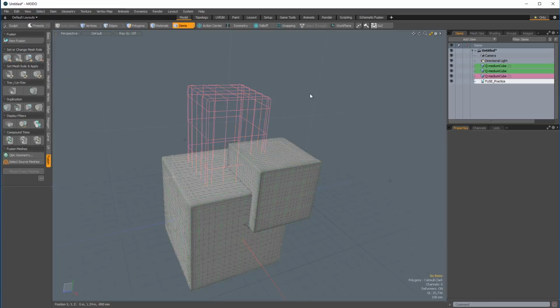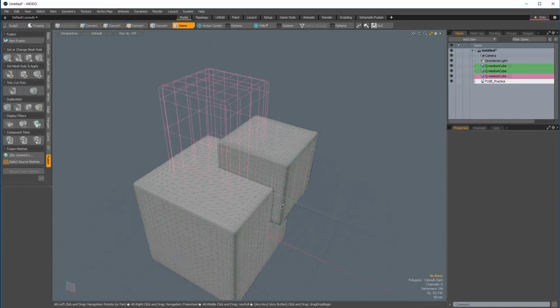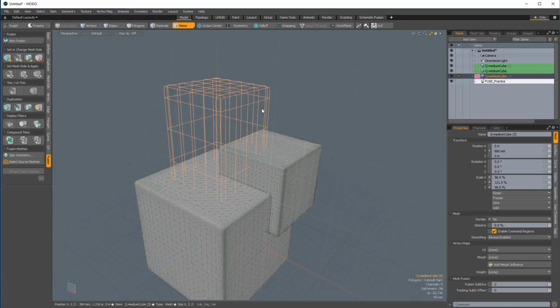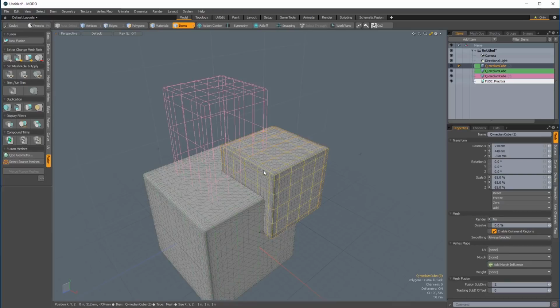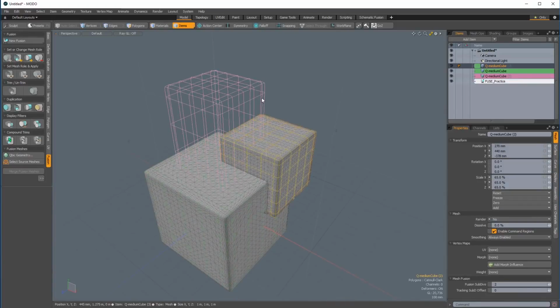So when I click that, you'll notice two things. One, in the item list, the third cube is now highlighted in magenta, and the wireframe in the viewport is set to magenta. So magenta is the color coding for trim subtractive. Now, even though this mesh item knows its role, it's not currently in a relationship with these two primaries, and that's why it's not having an effect. So if I wanted to have an effect with these two primary items, I can simply select the subtractive cube, shift select the two primaries, and then come over to the Fusion toolbox and choose the first icon underneath trim/untrim. So this trim icon will trim away from both of those